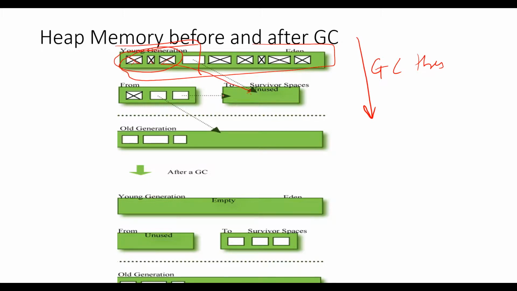Now in survivor space, what is done? Once these objects are moved into the survivor space, you will have some space created in the young generation, the Eden generation, for new objects. Now again in survivor space, these objects are transferred between a from survivor and a to survivor. We call them S0 and S1, right? So these objects are moved between the two spaces.